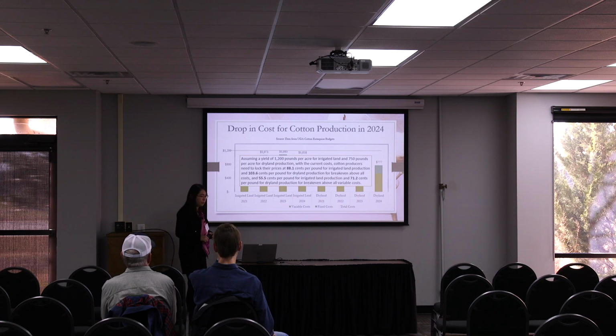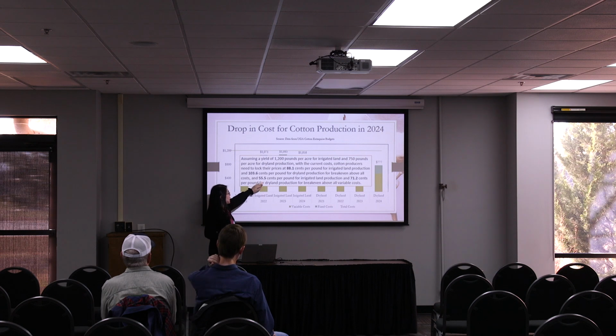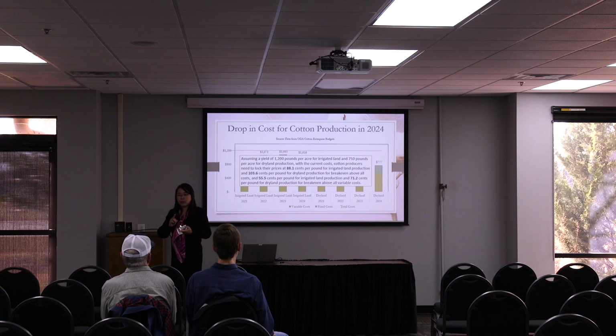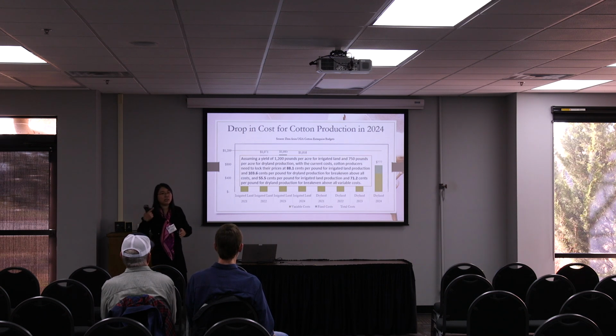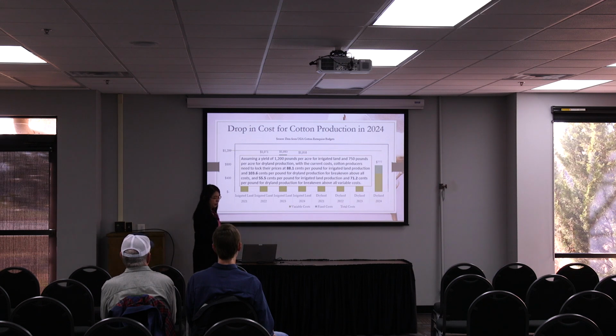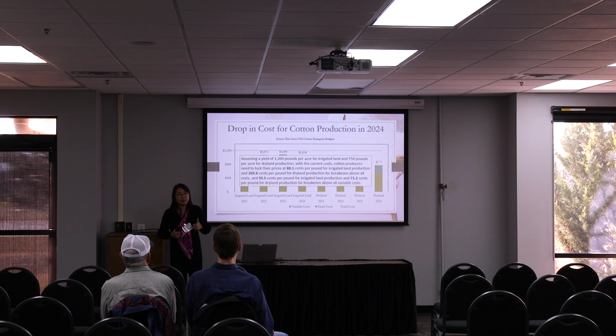That is for both variable costs and fixed costs, to sustain production long term. For variable costs, if they want to break even, it is 55.5 cents per pound for irrigated land and 71.2 cents per pound for dry land. The variable costs, including costs for planting, growing, harvesting, and marketing, only sustain the short term. But over the long term, producers really need to pay for depreciation and for their management. So to maintain the business, they really need to either find some market opportunity catching the peak of cotton prices, or find some way to reduce costs or improve yield.